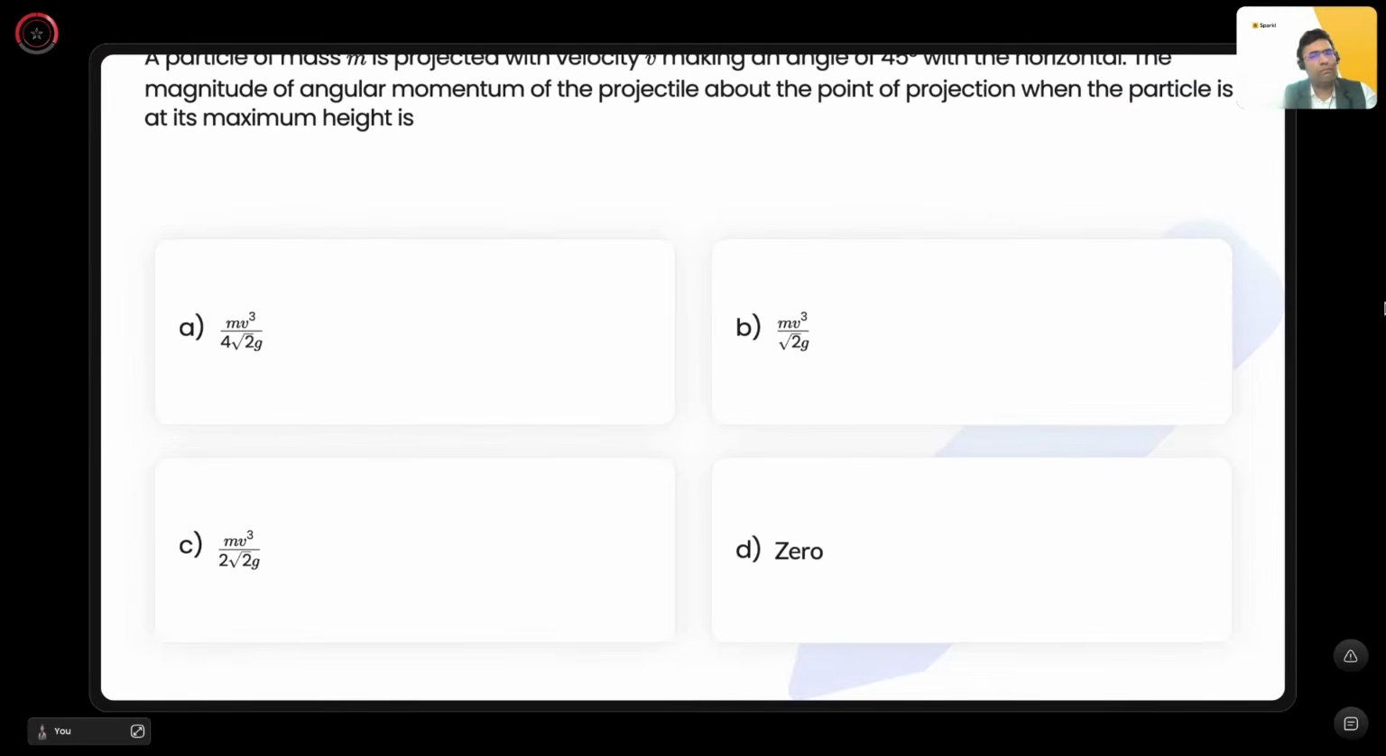So this last question, a question on rotational angular momentum, is a very important question. Again, you can say it's a pretty standard question, but many students face issues in it. So a mass m is projected with velocity v at an angle of 45 degree. So let's make a diagram, we have projected it at angle 45 degree, let's say with some speed v. The magnitude of angular